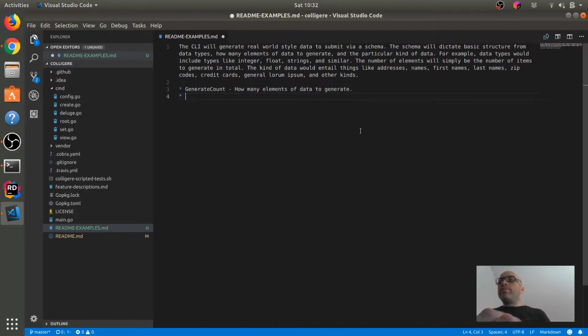Alright, so generate count. Then we need to... Do we need to do the source? Well, yeah, we need to define the source, destination, so source, destination of where the generated data would be sent. Some possible options might include,